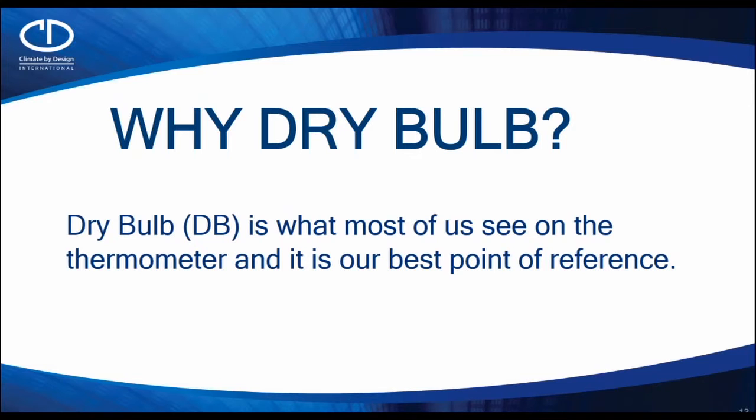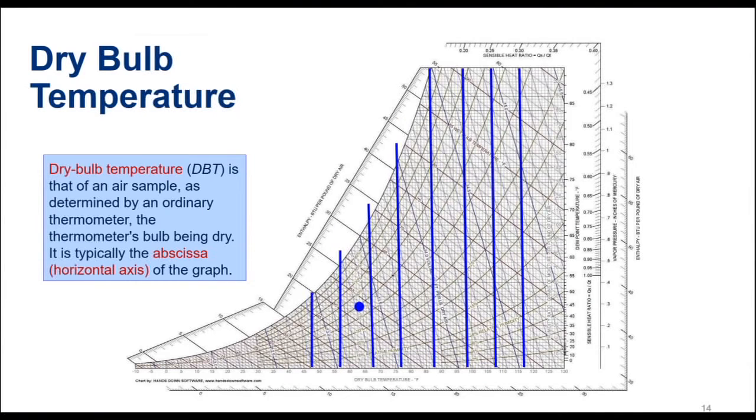On our psychrometric chart, you'll notice down at the bottom, dry bulb temperature, and you'll see the numbers. We can start at the left here, which is approximately 0, and follow it all the way over to the right. The temperatures go up as we move to the right. Let's just put a point here. If I follow that straight down, I will see that it lines up with 63 degrees Fahrenheit. So anything along that line, whether it's way down here at the bottom or way up at the top, would be 63 degrees dry bulb.